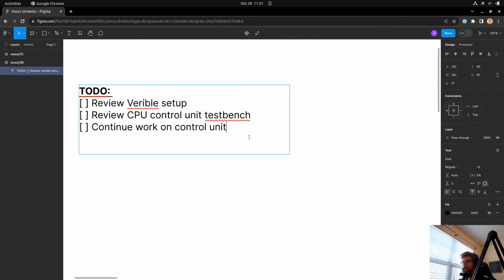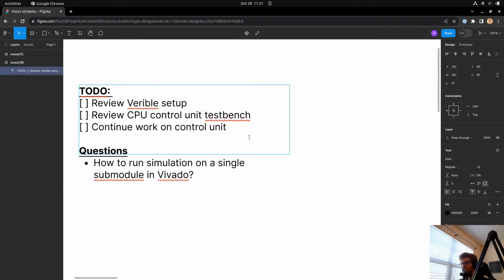maybe we'll have some questions section. Questions: how to run simulation on a single submodule in Vivado.